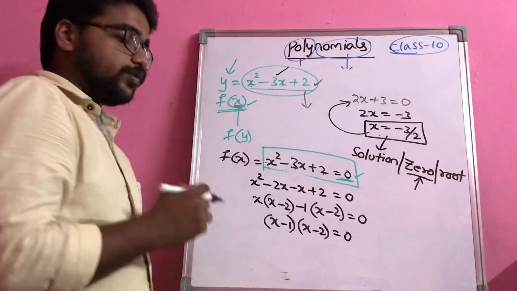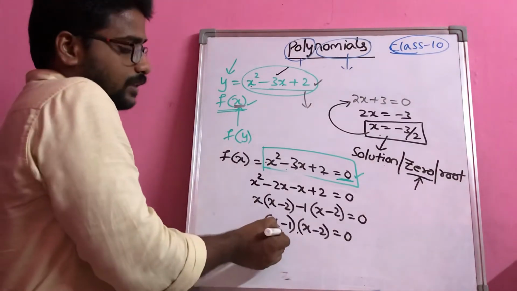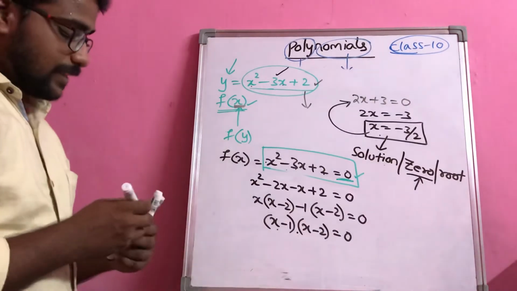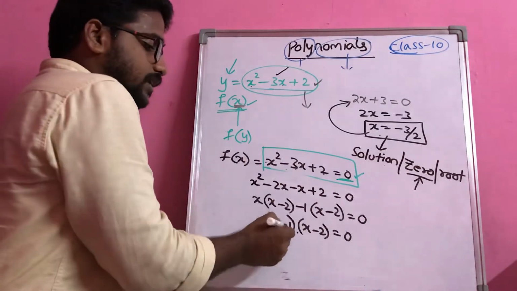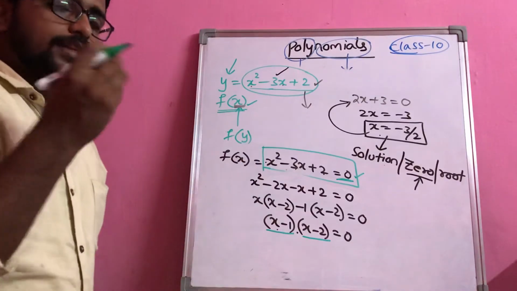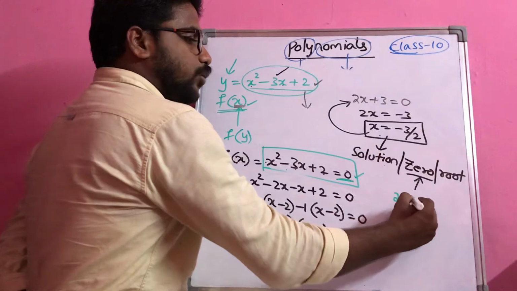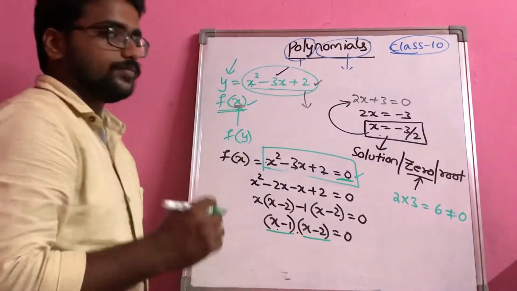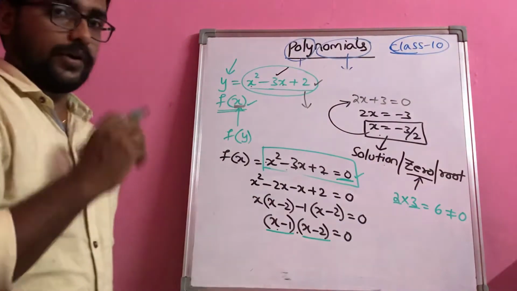Now here there is one interesting fact that you have to concentrate on. If you just observe, it's a product of two numbers. The product of two numbers is equal to 0. This is one number and this is the other number. If you apply common sense, if I have something like 2 into 3, for sure I will get a number that is not equal to 0. Why? Because none of the numbers are 0 here.